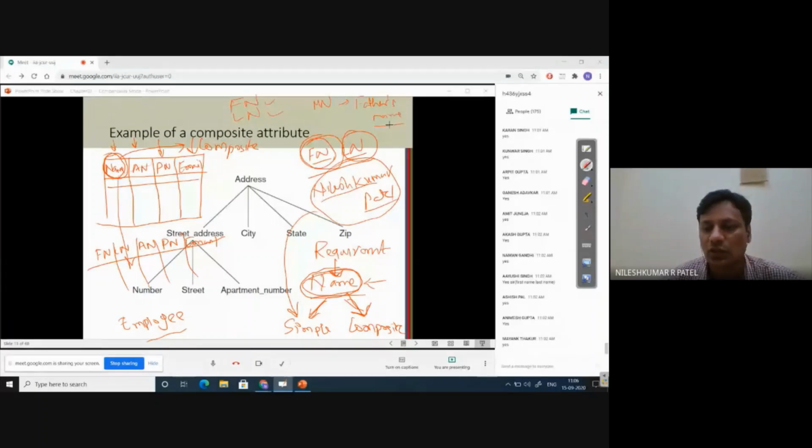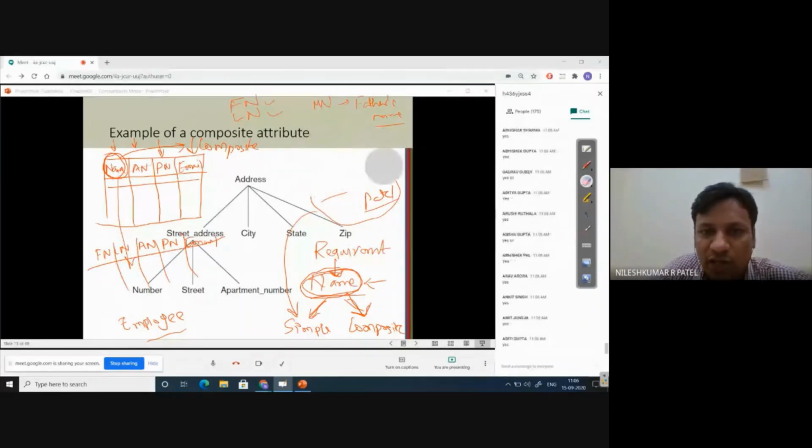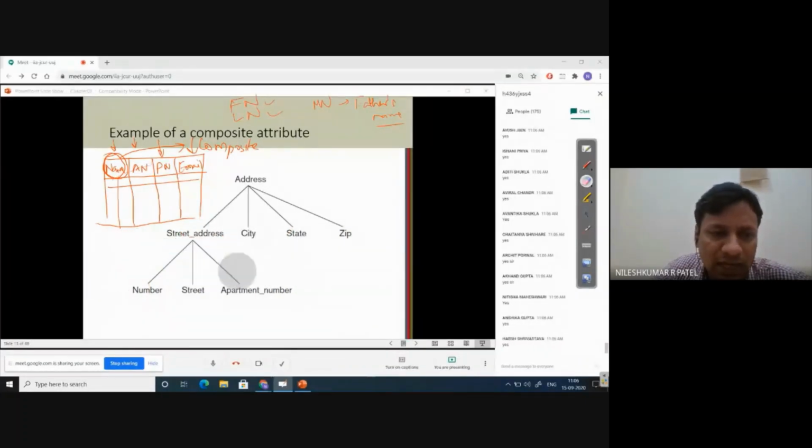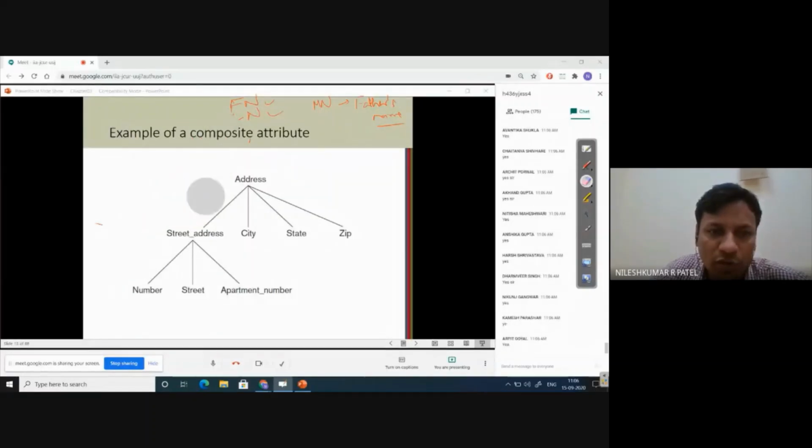So this is also possible. Is it clear, all of you, that the answer to this question is subjective? But when nothing is specified and no information is given, dividing that attribute into components will be good in that case.